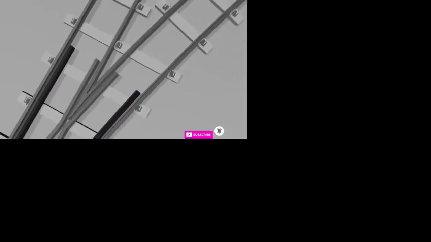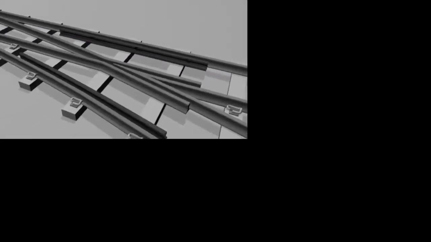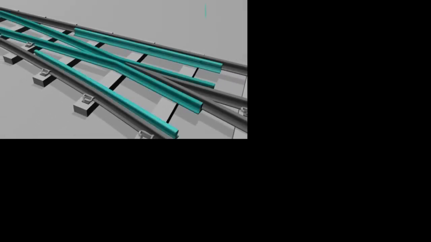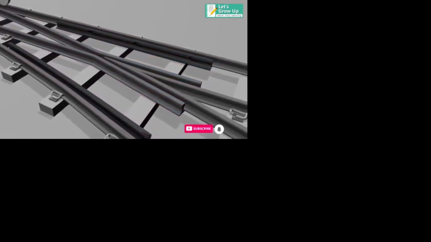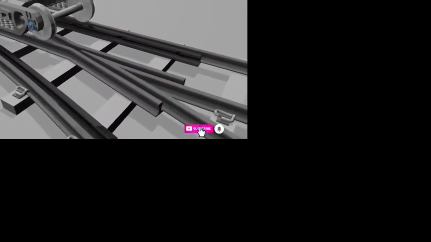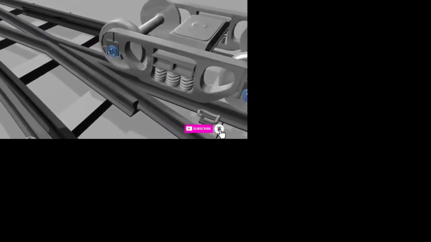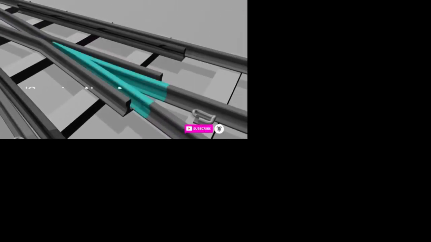These are the stock rails. This is the crossing that we will be learning in the next points. So this is a left hand turnout. Okay,